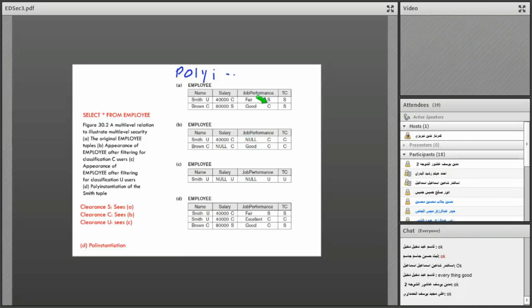But if someone has secret level, they can see this fair job performance. Or here, if a user is unclassified, they cannot see the salary or job performance of this person. And now we can have some other